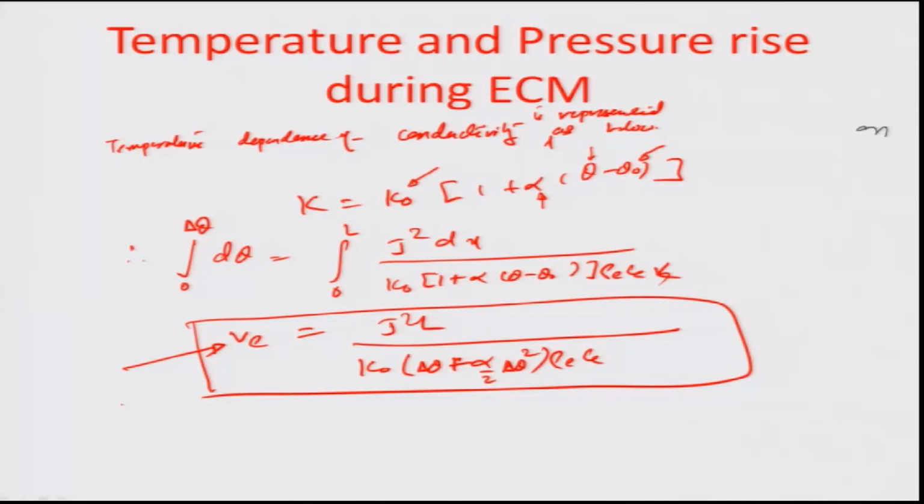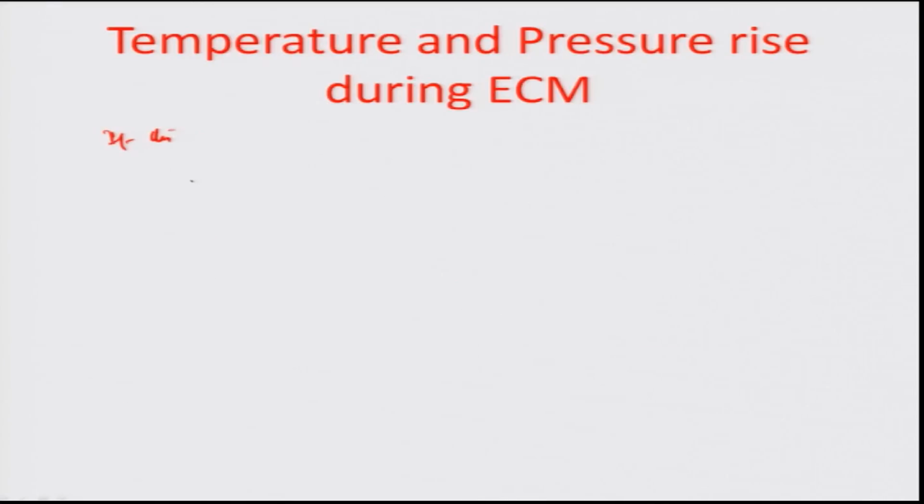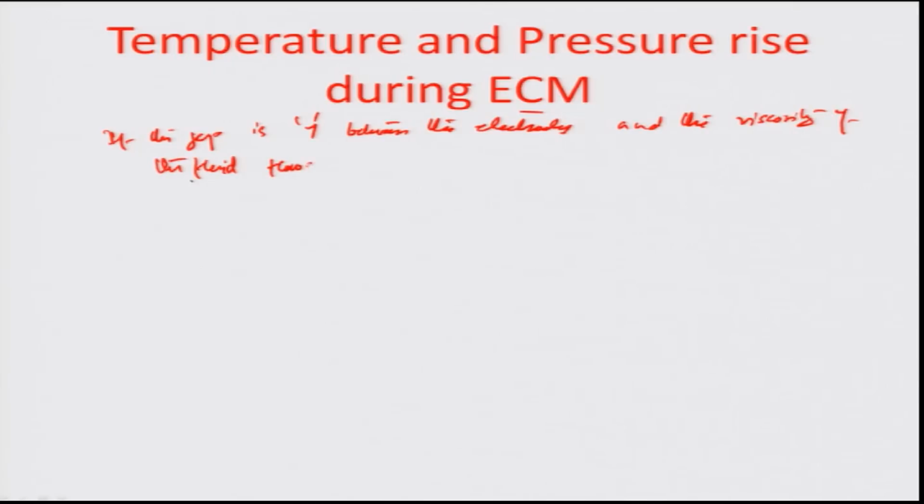So, if the gap between the electrodes is y, and the viscosity of the fluid flowing between the electrodes, or the electrolyte, you can say, is eta, the total pressure